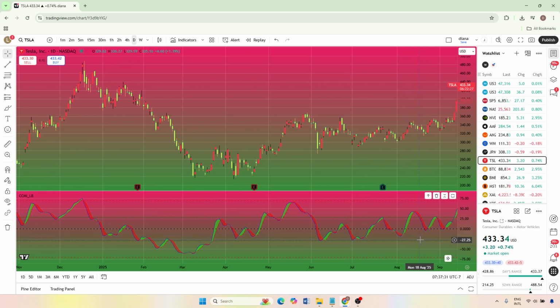That's all there is to it. You've successfully added the Composite Momentum Index to your TradingView